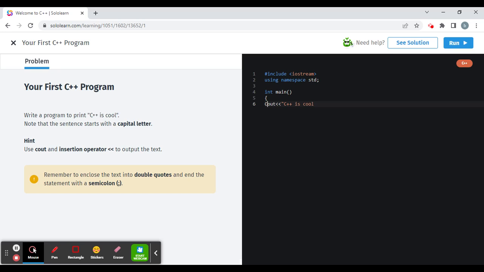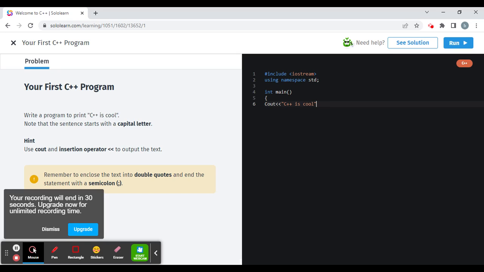For instance, cout is different from capital C and then out. That would be wrong. I'll show you that that's wrong.